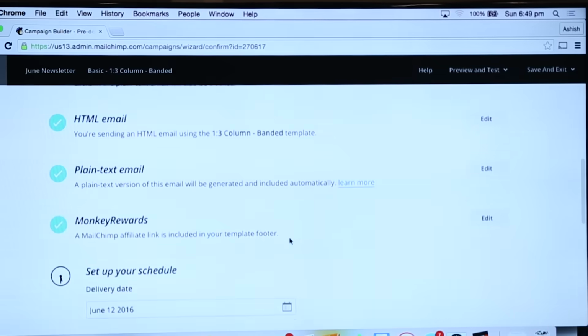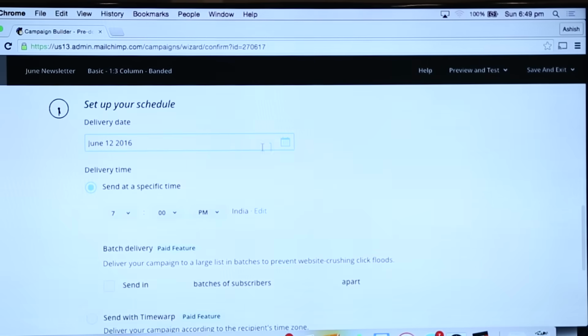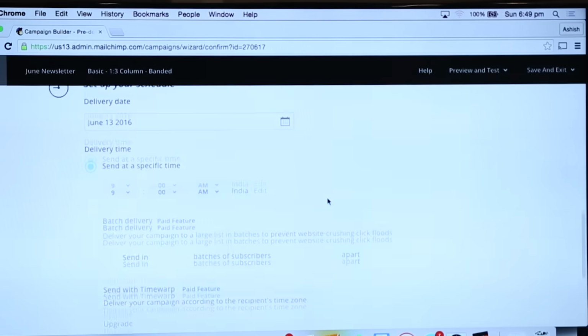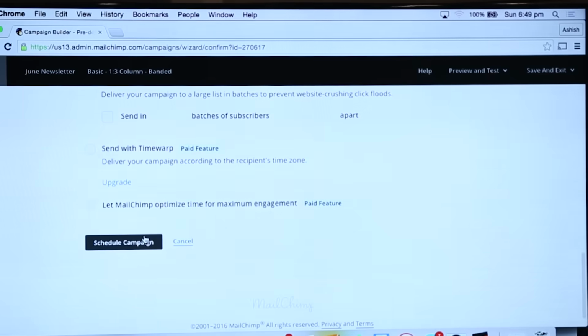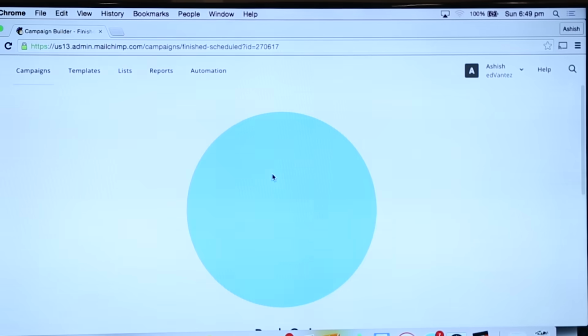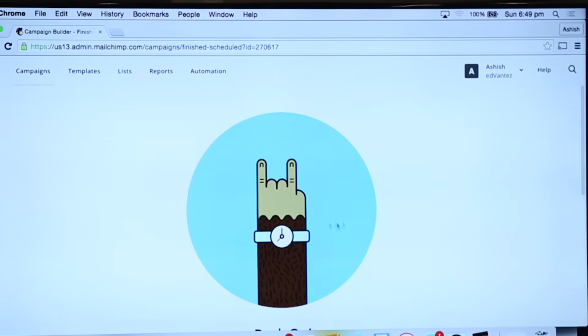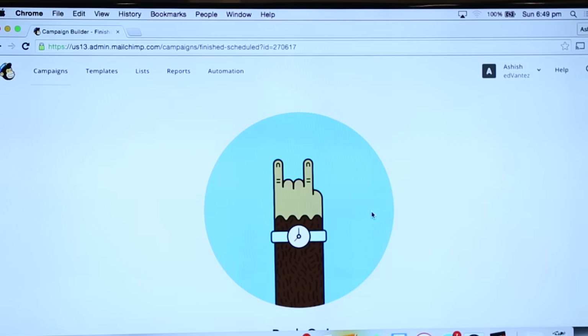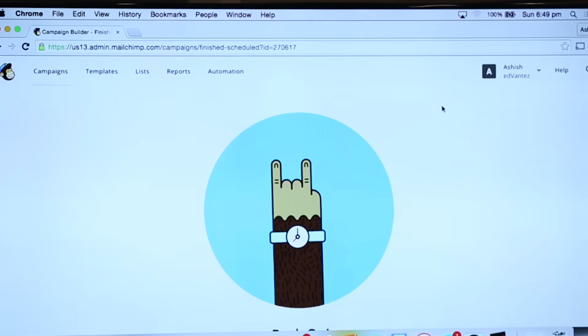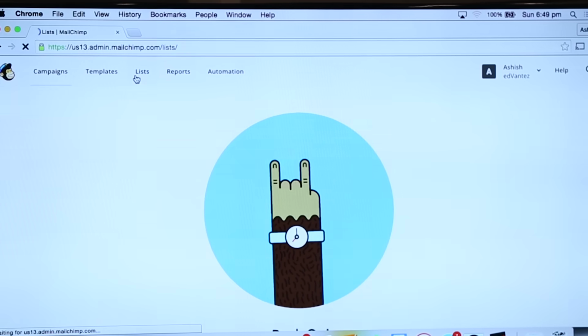Say schedule it again. Now this time it's going to show me differently, right? 13th, I say I want it at 9 a.m. Okay, and schedule it. Now what will happen is 9 a.m. tomorrow morning, it's going to send it out. But this will send to which email ID? Now it's sending it to the one that I have set here. Advantage. Now if I go to lists,